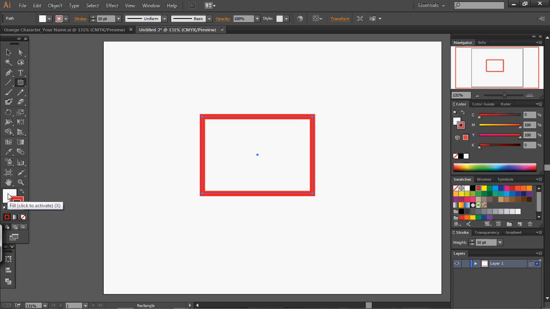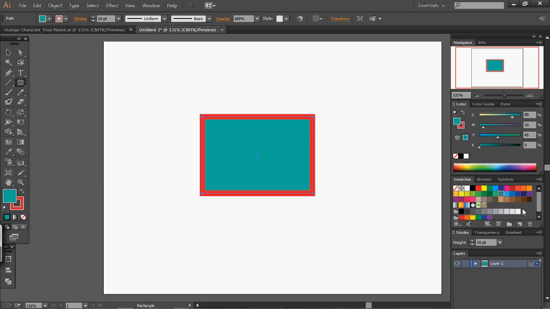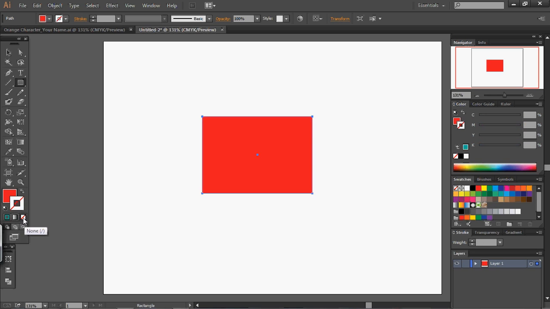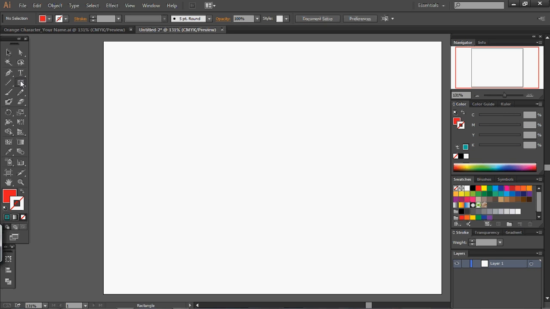I'm going back to the left here, click on fill, and I want to change the inside color. Now, as you can see, any color is possible there, and I can also use the arrow in the corner to switch between them. So now it's like that. I might try and change the weight around it, or if I decide I don't want a stroke, I can click on none. So I'm going to delete that, and we're going to hold down on the shape tool,